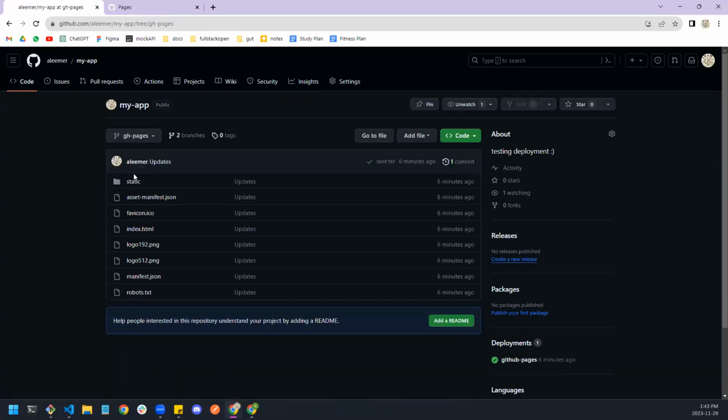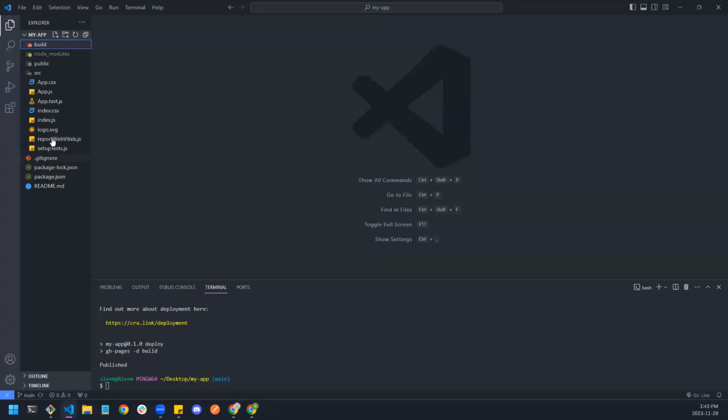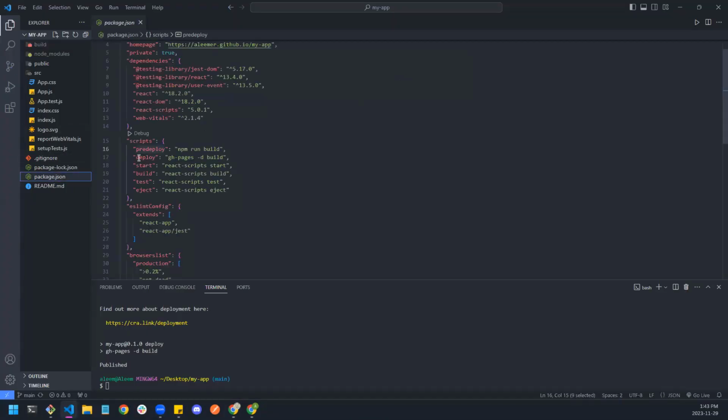Interesting. So it actually created a separate branch. Okay. This is the build. This is the build deployed. So I think what they did is, when I did the deployment, let me see the command here. What command did I run? When I did this deploy,